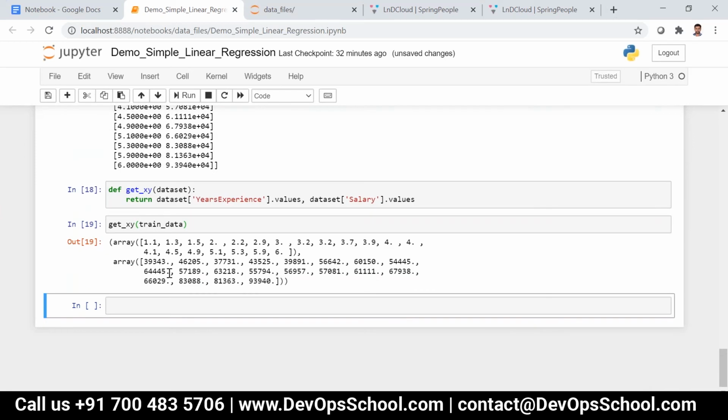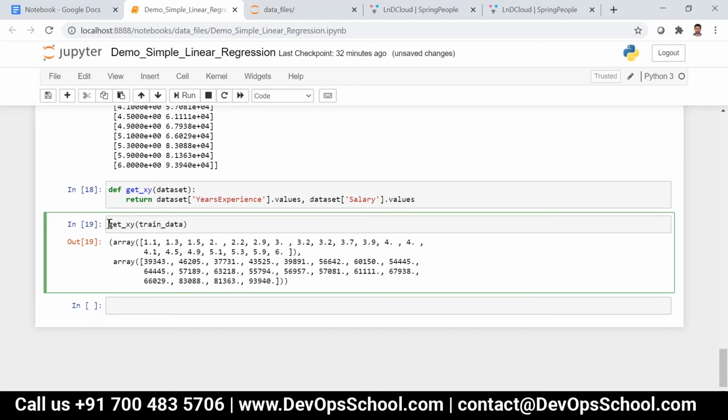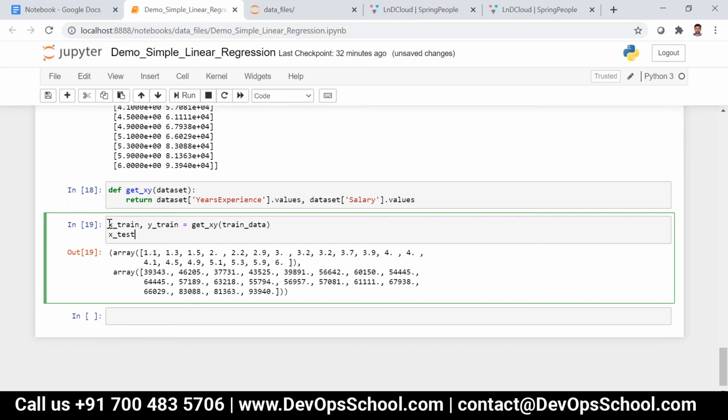So we have two different arrays. Now I can just write x_train, comma, y_train. That's it. So it is not required to write four different lines of code. And similarly I can write x_test, comma, y_test is equal to get_xy of test data.